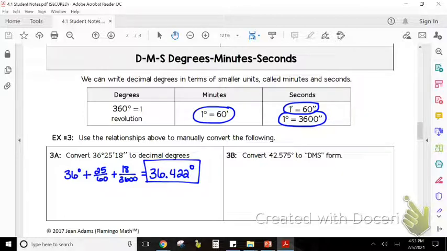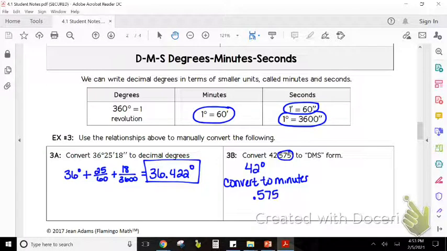Now, for the vice versa here, if I'm going to convert 42.575 degrees to degrees, minutes, seconds, we're going to take it to degrees, minutes, seconds to get rid of those decimal degrees. So I'm going to keep my whole degree. So I'm going to keep that 42 degrees. And then I'm going to convert to minutes. So in order to do that, we're going to take the decimal part,